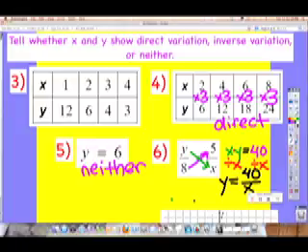Inverse is always what? Dividing. Is this showing division? Yep. And is x in the spot we wanted it? Yeah. This one's inverse. How many of you got inverse? Yes. Okay, good job, good job. What we need you to do now is pass around a